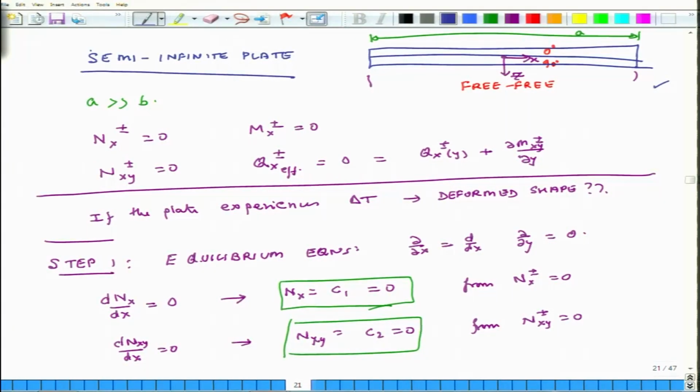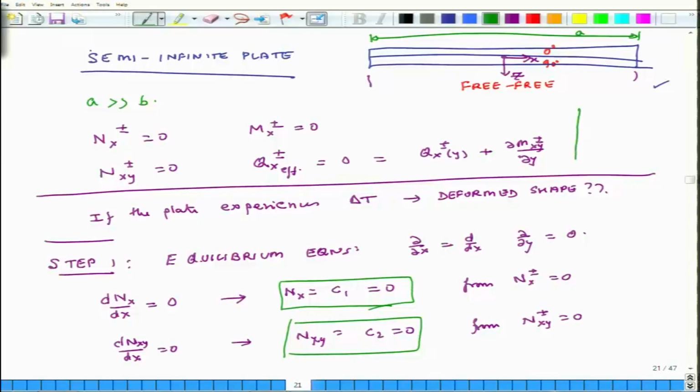And then we started to solve a particular problem related to semi-infinite plates, so that it helps us understand the issues at hand better in the context of thermal stresses. The problem which we were discussing was this one, and here we have a semi-infinitely long beam. The dimension in the length direction is A, the dimension in the other direction, that is its width, is B, and we have assumed that A is extremely large compared to B, and the plate is free to move. So, it is not constrained on either of the edges.